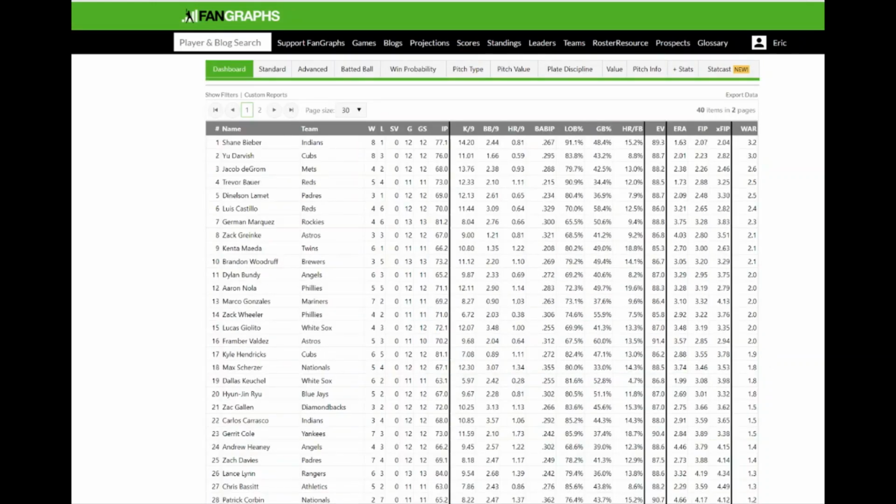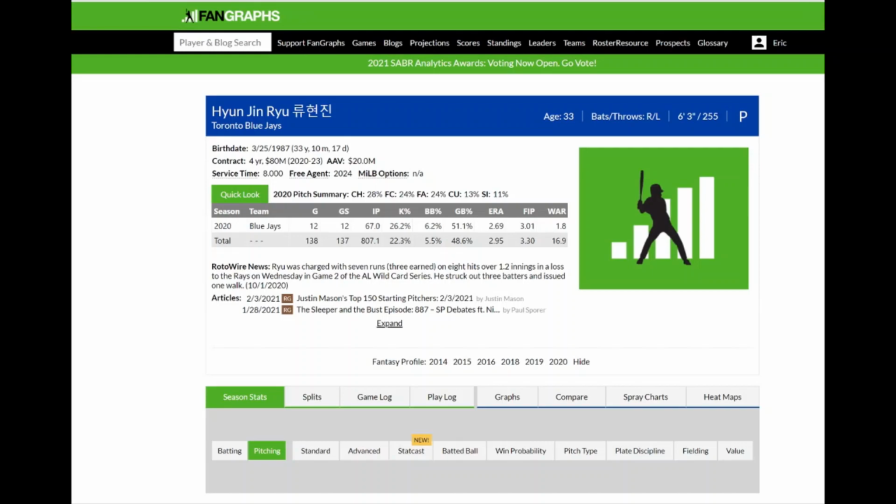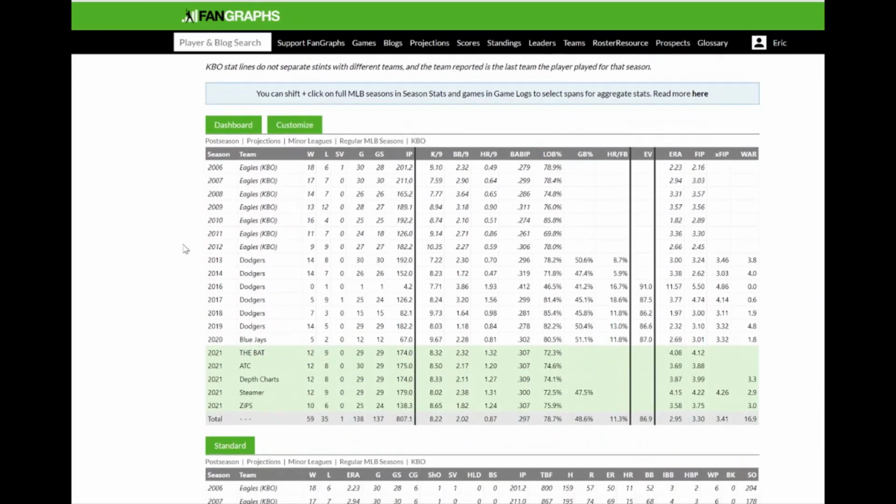I wonder if he would have been there had I been doing the list. Let's look at Hyunjin Ryu. He's been around a little while now, too. Wow. Oh, see, he's a tough one, though, because he has been hurt a lot. And I think that manually putting your thumb on the scale for guys like this, or reducing their value based on their history of injury. If it's just one injury hiccup, like we talked about with Rendon before, then I think it's fine to consider that year in a prorated sense. Whereas for someone like Ryu,